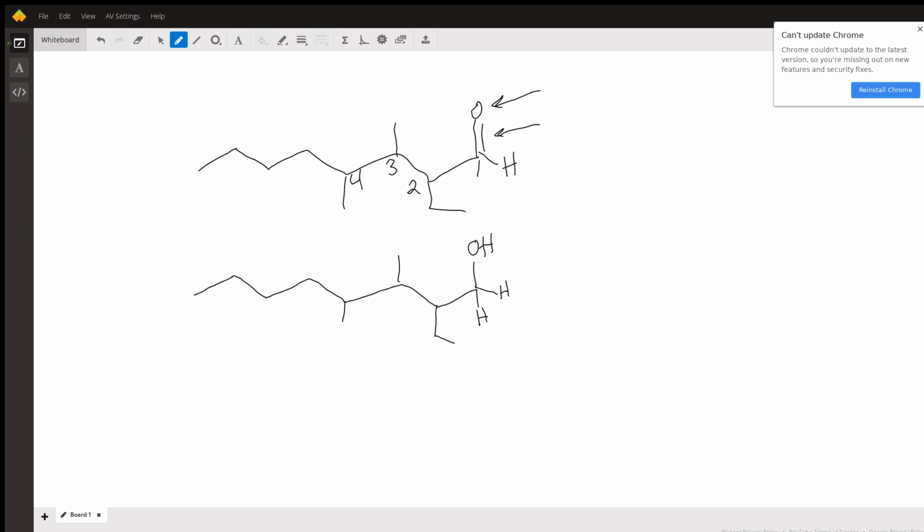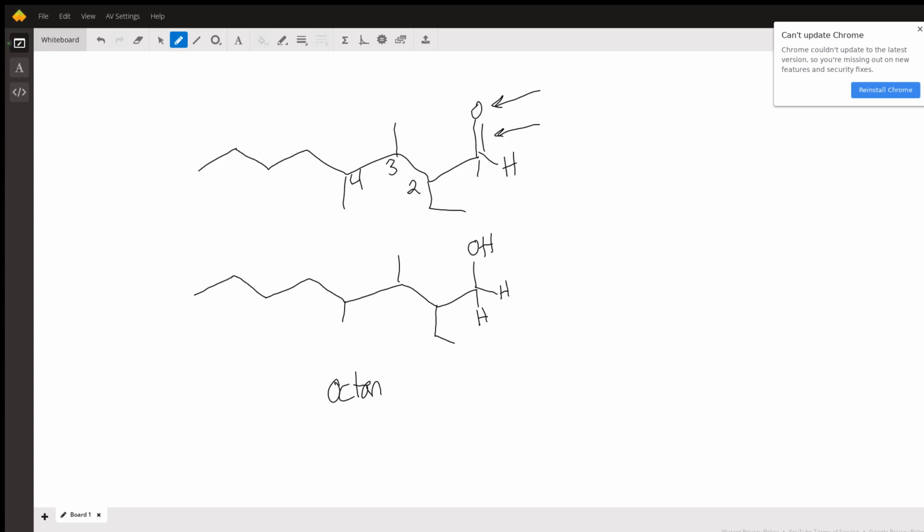Now, if we're going to name this, we're going to start with the longest carbon chain that contains the highest priority group, which is this alcohol. So here, 1, 2, 3, 4, 5, 6, 7, 8. So it's still octanol, but this time it's going to be OL because it's an alcohol and not AL because that's for aldehydes. So we'll start with octane as the parent, but in this case, the alcohol has to be